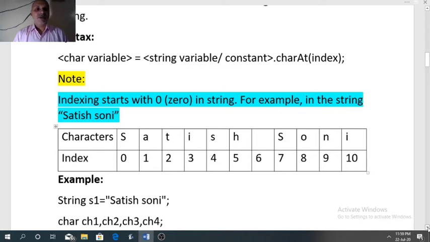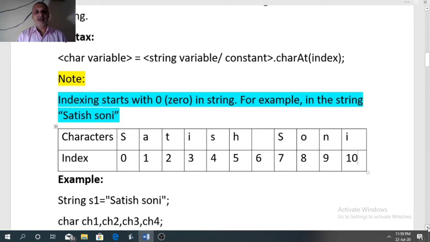That indexing is very important in string handling, because in most functions we need to be careful about the index. So always, indexing starts with 0. The first character in the string is allotted index 0. The second character is allotted index 1.